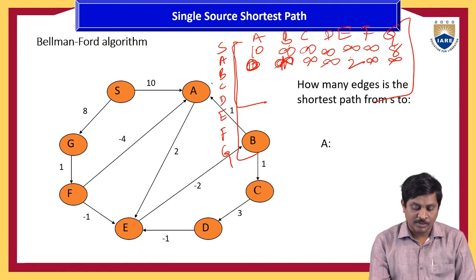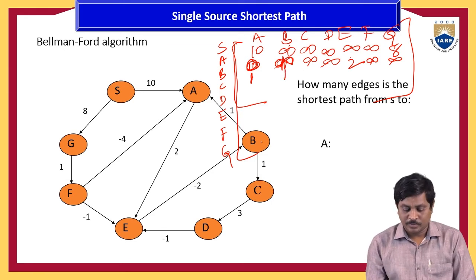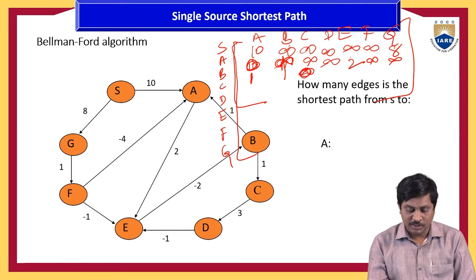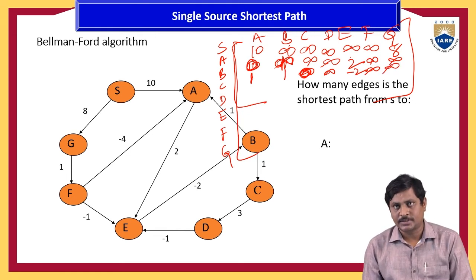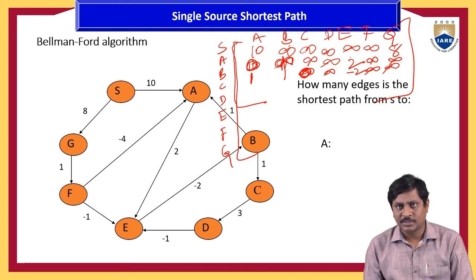So now similarly B to A is 1, B to C 1, B to D there is no direct connection. B to C 0, B to D is unknown, B to E is -2, B to F is also unknown, B to G is also unknown. So first of all we write this adjacency matrix. So in this way we write the adjacency matrix.